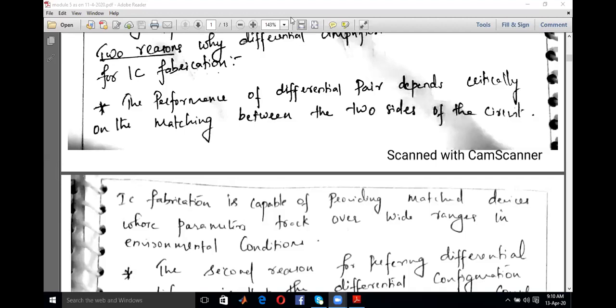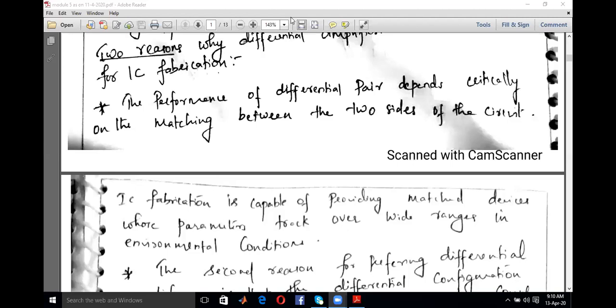because in an IC we are going to handle different circuits like amplifiers, filters, etc. Okay, so we will be connecting each and every circuit together. So for that, impedance matching should happen. That is, the output of one circuit should match with the input of the second circuit. So for that, the differential amplifier plays a very critical role, so that you can exploit that particular feature and make use of it in integrated circuit design.